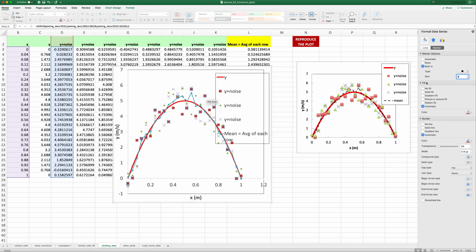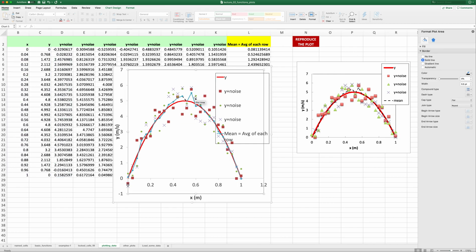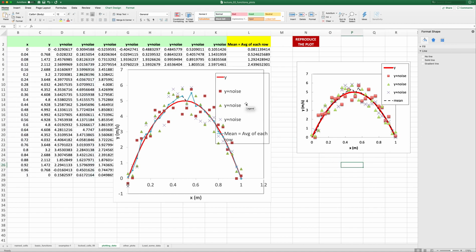Don't know if I want to put shadows. And then we have these ones, I think were triangles. So let's go ahead and change those to triangles. Marker options, built in, triangles. Can raise those up as well. Now the names on these symbols are fine except for mean is too big, so let's go ahead and right